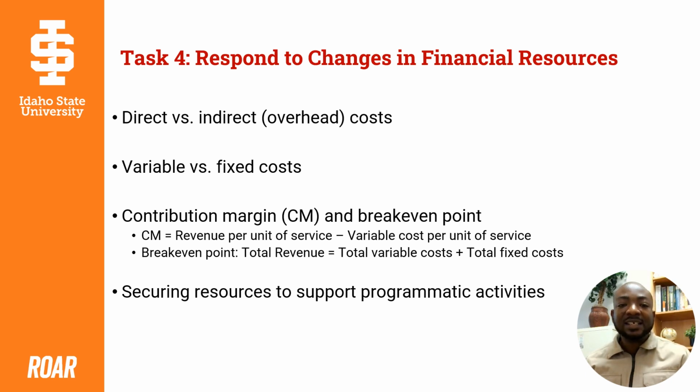And so let's talk about direct versus overhead costs. Costs that would not be incurred any longer if the program were to be stopped, and because the resources generating these costs would no longer be needed, are called direct costs. Examples of direct costs are a program's staffing costs, assuming the staff would be laid off if the program were